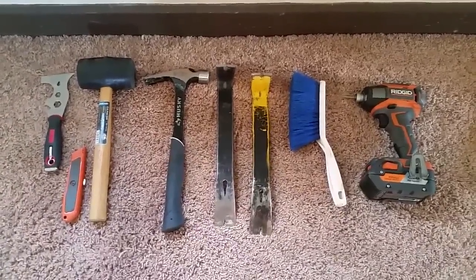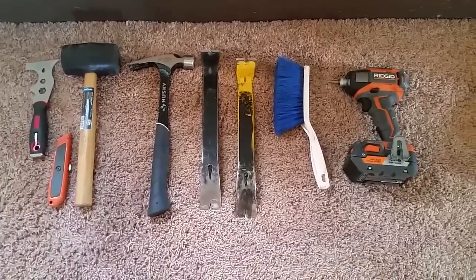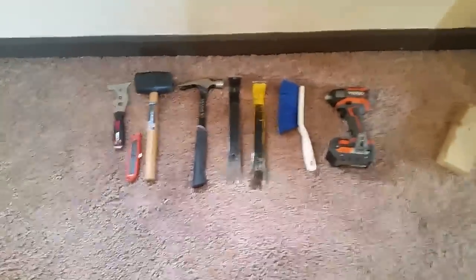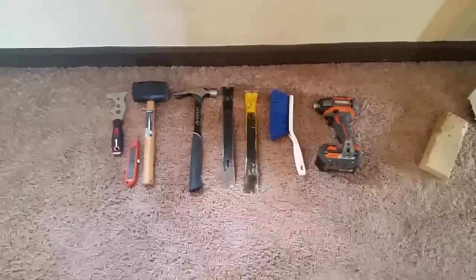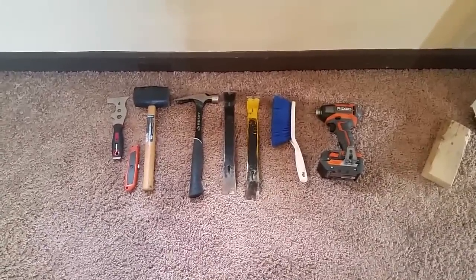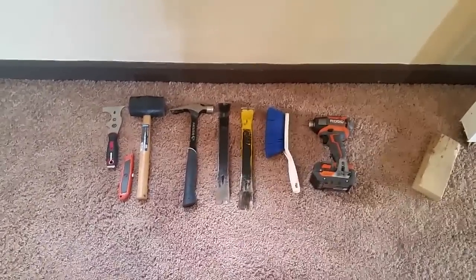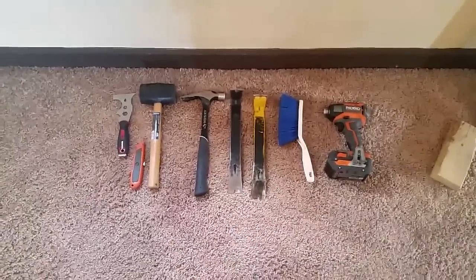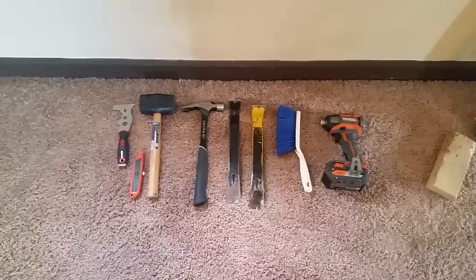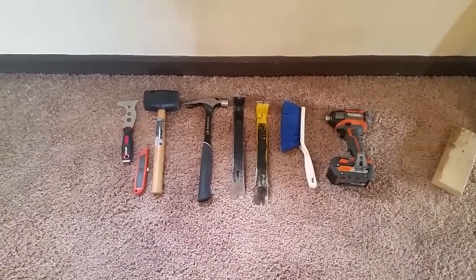So hammer and pry bars for removing the trim, a brush to clean out the sill, and then my impact with a Phillips and a Torx. The Phillips is probably the only one that I'll use, and I'll be using that to take the storm window off the outside before I remove the window on the inside. And some of these windows that I've already removed had some Phillips screws in them, screwing the window shut, which is another reason why we're replacing them. We want all the windows to open. So